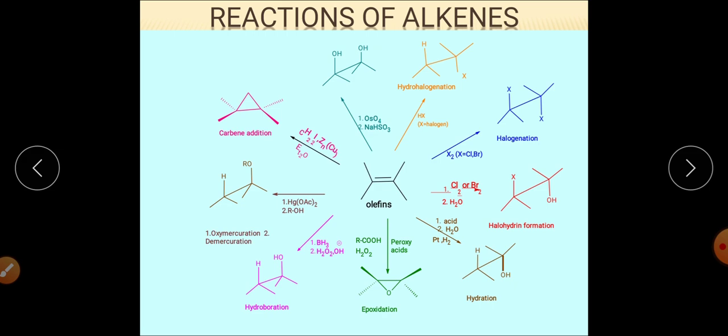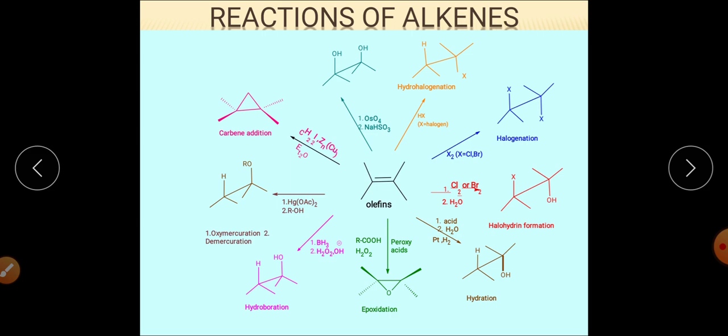And what different kinds of reactions can an alkene undergo? Here you can see on your screen that it can undergo halogenation, in which we can have bromination and chlorination. It can also have addition with hydrogen halides, meaning HBr, HCl, HI and HF can also react with it. It can have a hydroxylation reaction, meaning basically reaction with KMnO4 or osmium tetraoxide. Reaction with water, meaning a hydration reaction, can also happen.